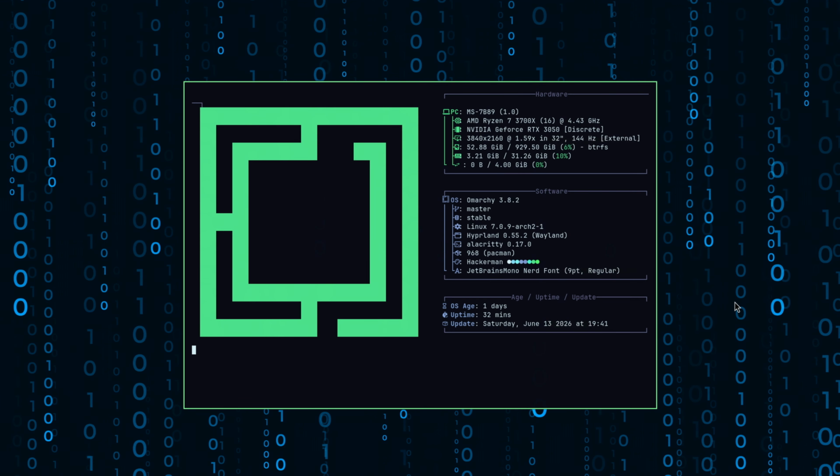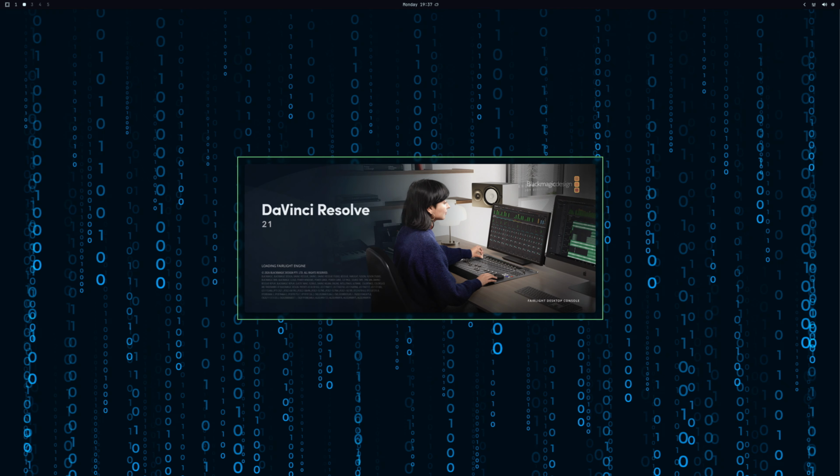So guys, right now I'm using Omarchy Linux as the primary operating system of my computer, and in this computer I have an NVIDIA GeForce RTX 3050, a dedicated GPU. And in this video I'm going to show you how you can install the DaVinci Resolve video editor application